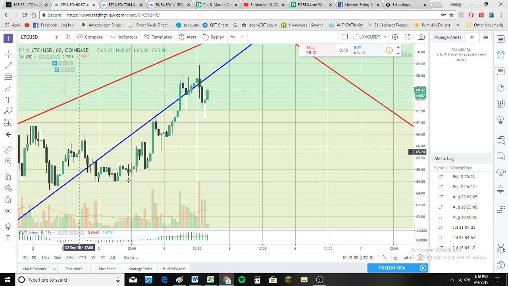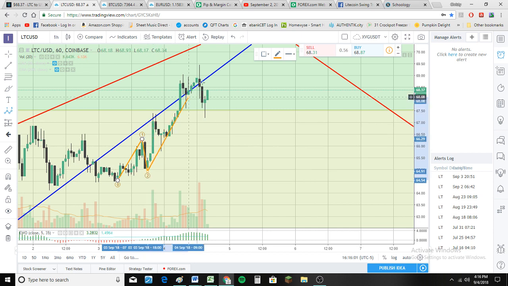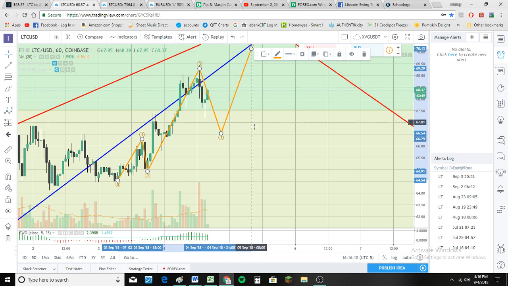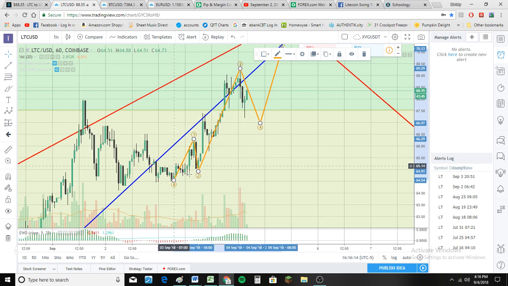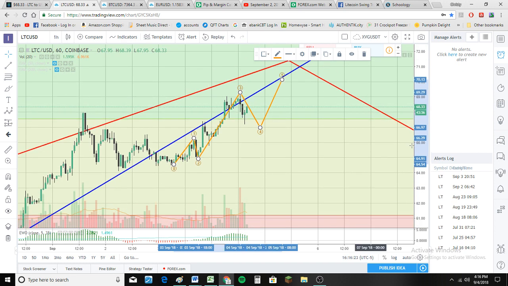All right, let's see what we have here. See if we can count it. I'm going to say this is 1, 2. Then we've got to count 5 waves in the 3rd. I'm going to say it's there. 3. We're putting in the 4. Probably going to come down here somewhere, and then 5 up, and then we're done. That 5 may come down here, something like that. So here are the 5 waves of the 3. We got 1, 2, 3, 4, 5. We got them in there. So that's looking pretty good as 5 waves of a third